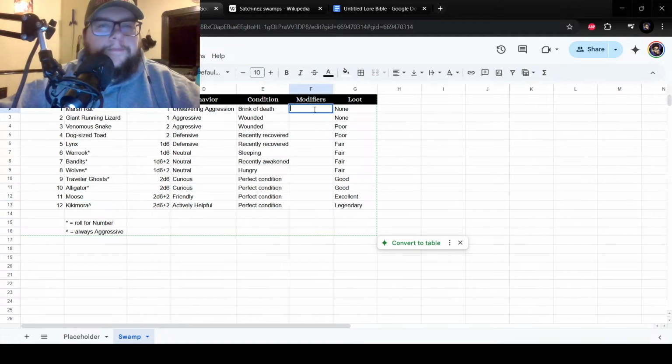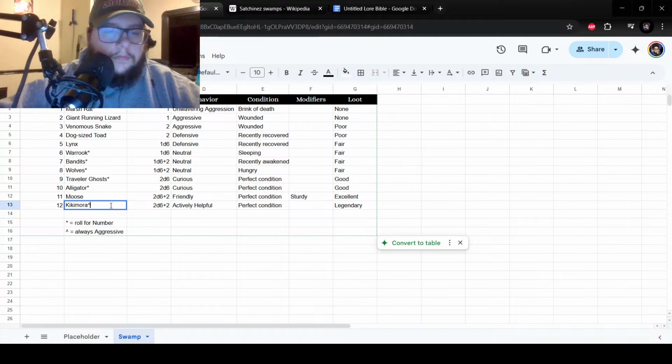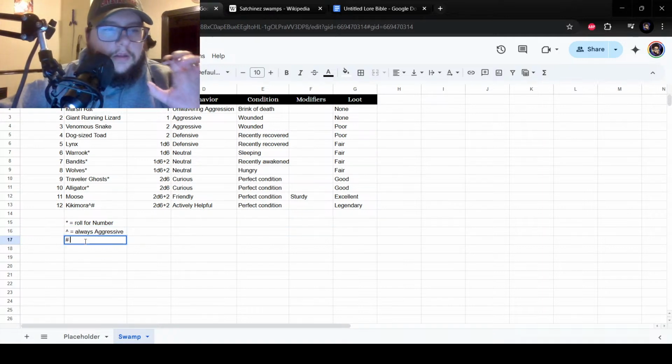Modifiers, we'll go from not beneficial to the creature to fully beneficial. So here I'm going to put sturdy here. So that would be like higher HP. I also want to, while I'm thinking about it, I'm all over the place, sorry. I'm going to put another marker on that. It probably won't be phrased like that in an actual document or a book, but